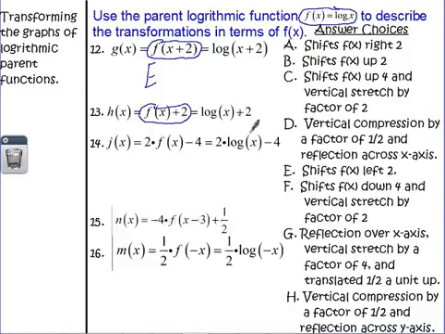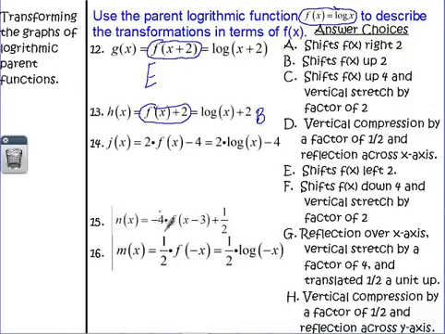That's outside addition, and that shifts the graph up. Okay. One more I'll go over here with you guys. Let's look at number 15. We got a few things going on here. We've got